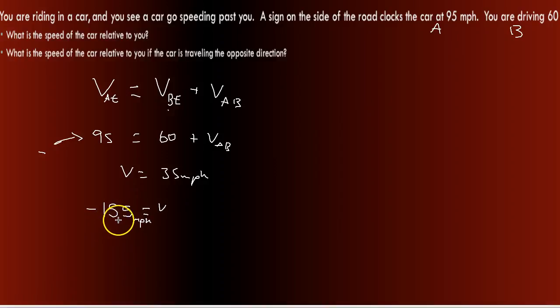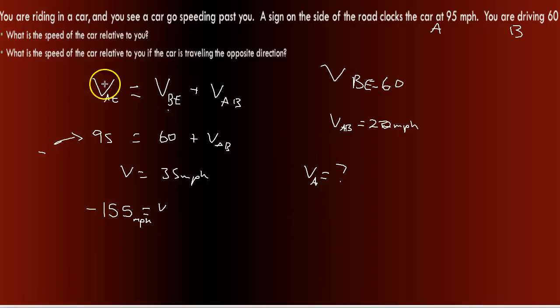The last thing I want to do is, if you're going 60, so car B is going 60, so this would be V of B relative to the Earth, and let's say you see the car going past you at a rate of 20 miles per hour. So what we're saying here is that the car is going away from you at 20 miles per hour. You see it passing you, going that much faster than you. So what would be the velocity of car A? You could plug it in here. This would be 20. This would be 60. So the velocity of car A would be equal to